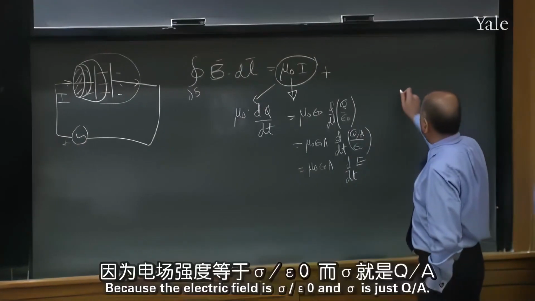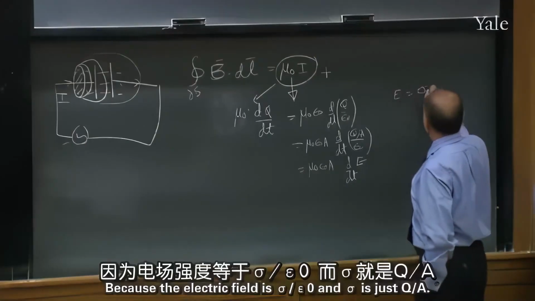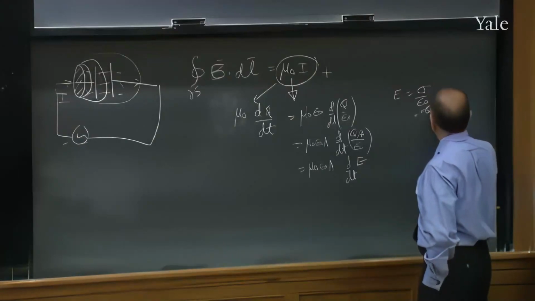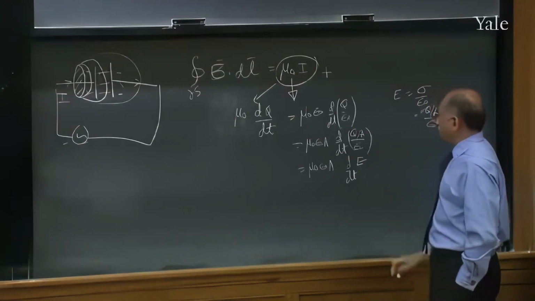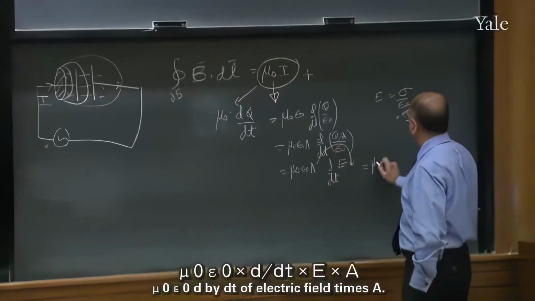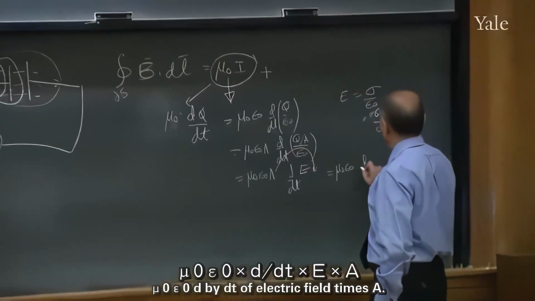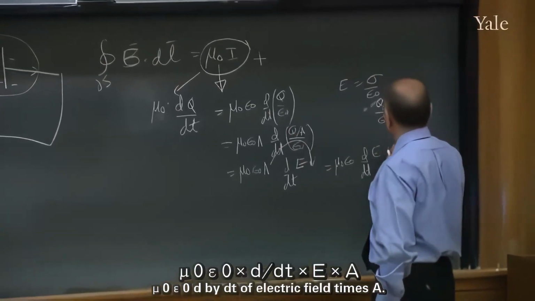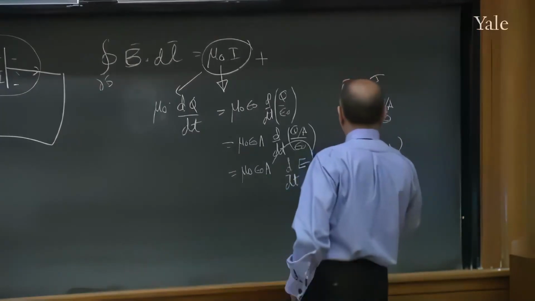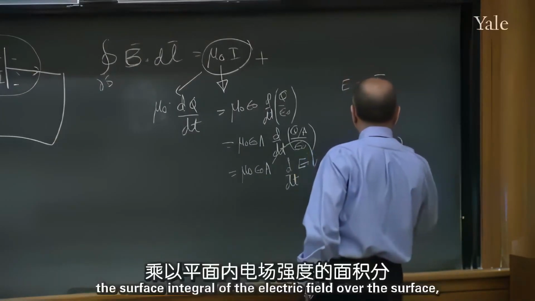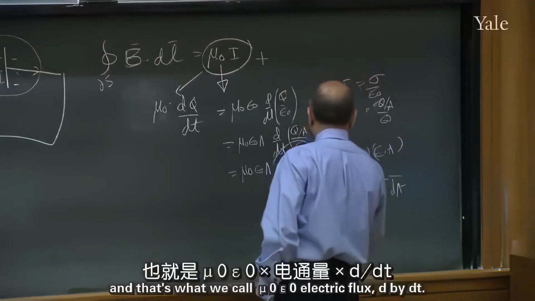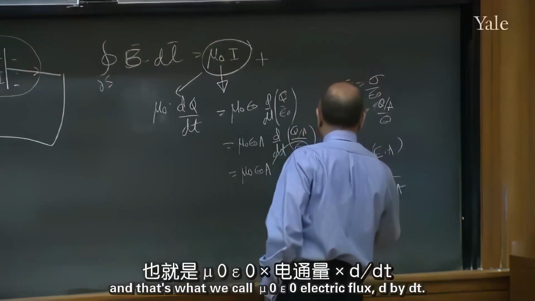Why is that? Because electric field is sigma over epsilon 0, and sigma is just q over A. Now bring that A in here, and you get mu 0 epsilon 0 d by dt of electric field times A. But that we can write as mu 0 epsilon 0, the surface integral of the electric field over the surface, and that's what we call mu 0 epsilon 0 electric flux